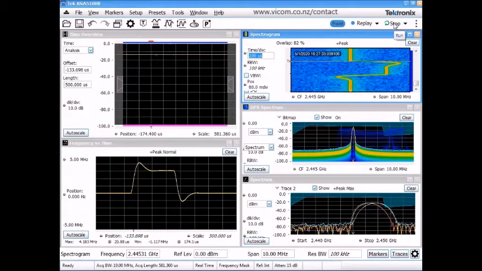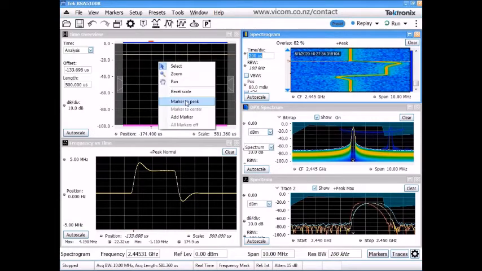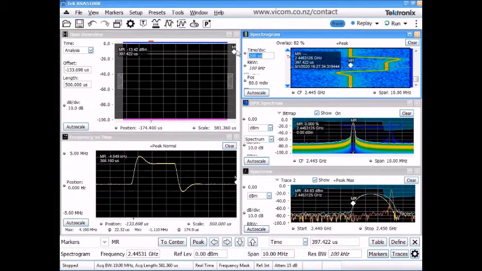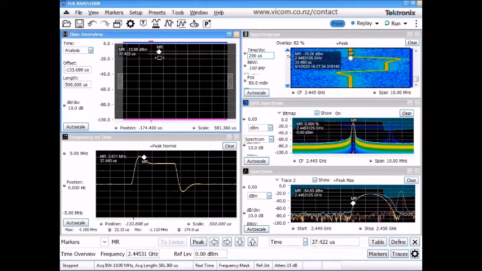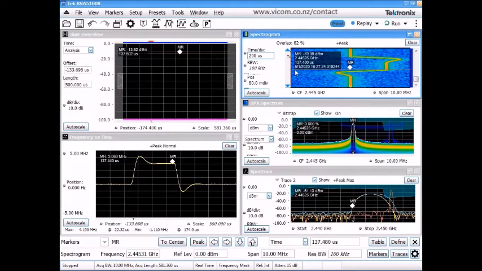In fact, it's helpful to stop this and take a look at what happens if we add a marker. If I add a marker into this display, I can move that marker around in time, and we can see that marker moving in every window. This allows me to correlate amplitude changes over time, frequency changes over time, and then even spectrum changes over time. In fact, if you look at where the marker position is here, we're lifting a spectrum trace out of this stack of spectrums and showing it to you down on the spectrum display down below. In fact, as I move this marker through time, we can literally see the complete seamless spectral history of this